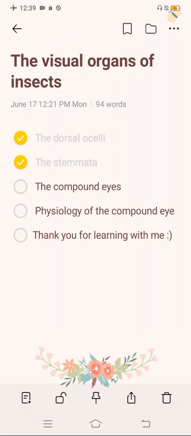Then, physiology of the compound eyes. The optical system. Long back, scientists proposed the mosaic theory, stating that the individual ommatidia of a compound eye form an image in parts limited to their visual fields with different intensities, and juxtaposition of all these gives a total erect image of a complete picture of an object. Each ommatidium has a wide field of vision, forming 20 degrees in Locusta and Calliphora and about